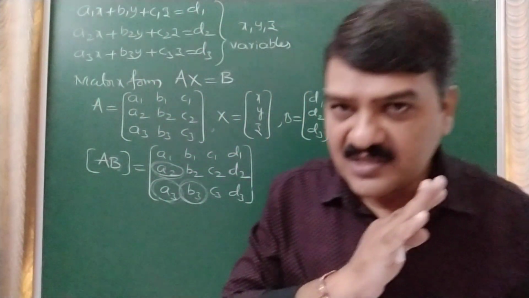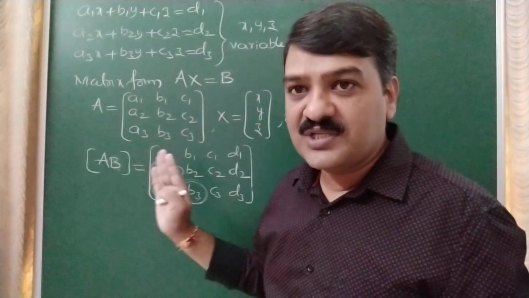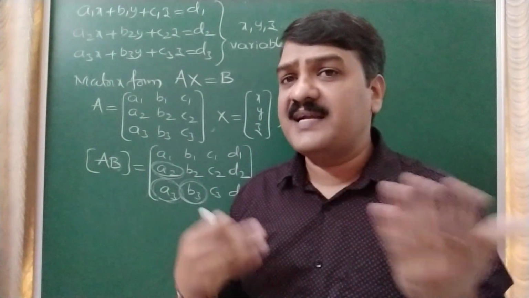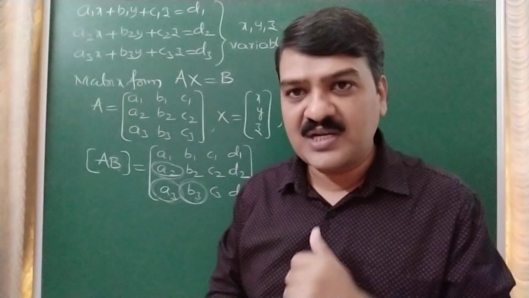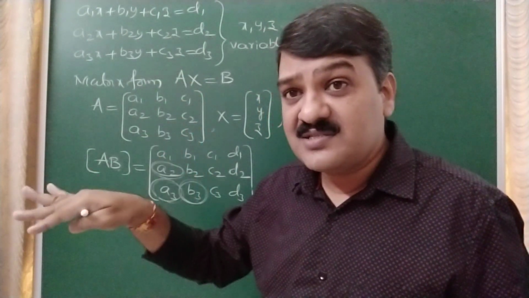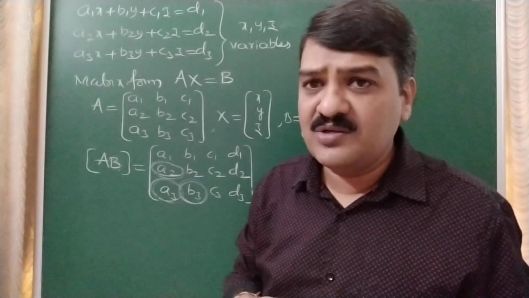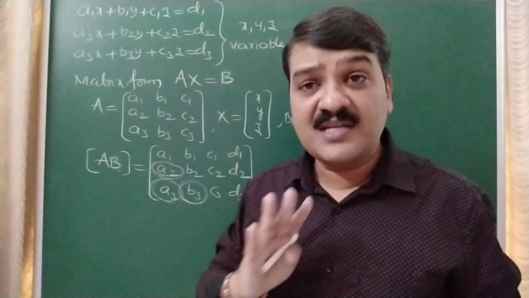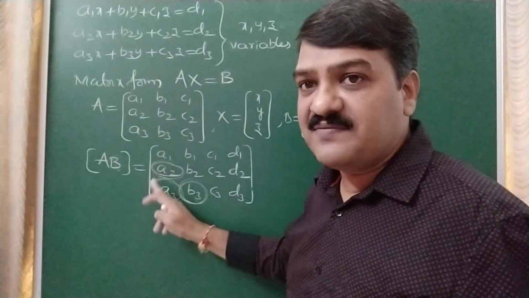Column transformations are not allowed, because when you are trying to find the solutions, you have to use row transformations only. If you are trying to find the rank of the matrix, you can use row or column transformations, both are allowed. But we are trying to find which type of solutions the system has, we will decide that, and if possible we will find the solution also. So since we are finding the solution, only row transformations are allowed. So using elementary row transformations, you have to get 0.